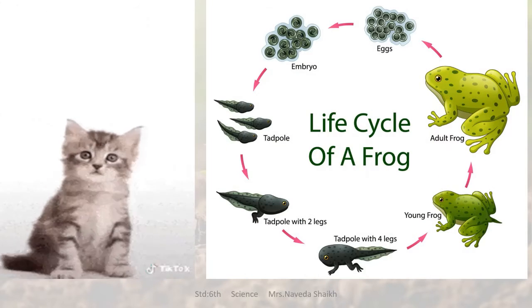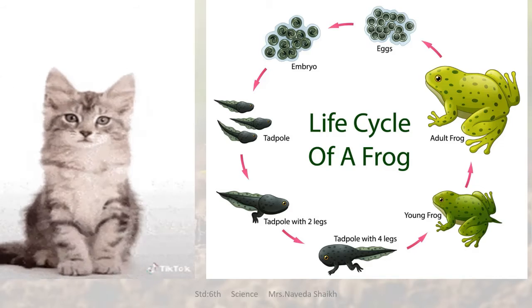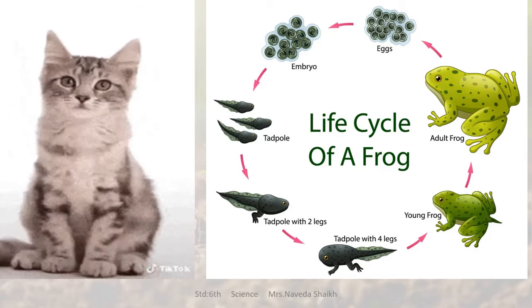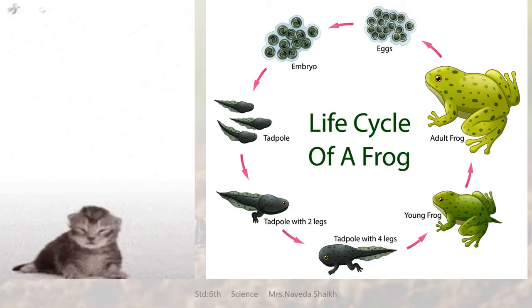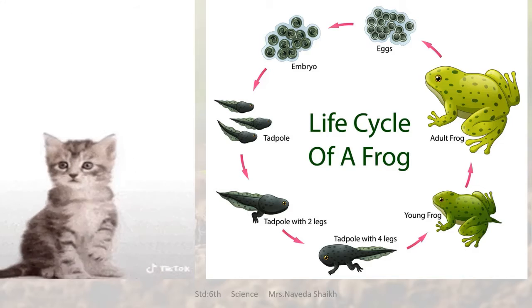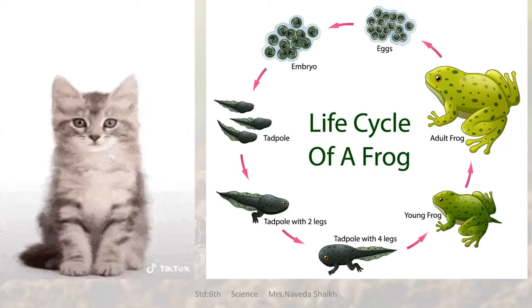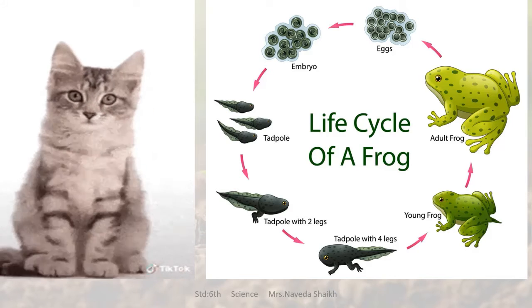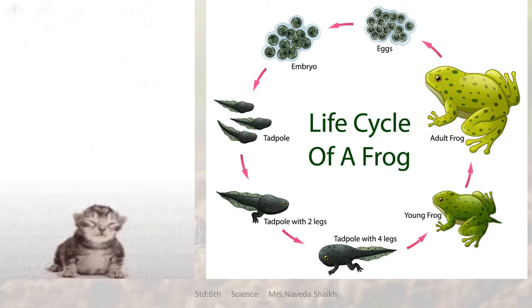In the same way, a frog lays eggs, and from the egg it turns into tadpoles. These tadpoles have two legs, and then after a few months they become tadpoles with four legs, and then after a few weeks, they turn into frogs. So this is how growth in frogs takes place. So each and every living organism on our planet has this characteristic, that is growth.